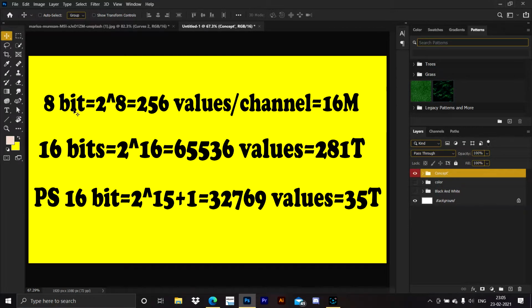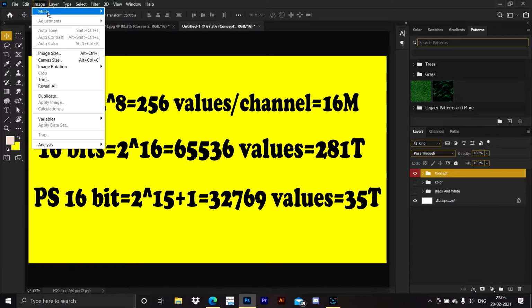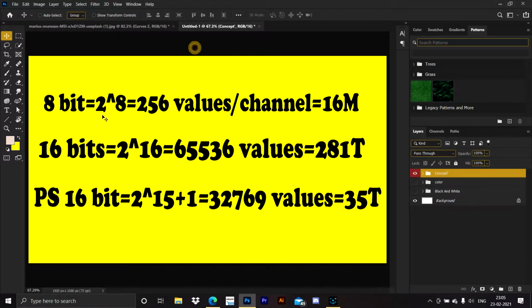It is 8 bits per channel, not per pixel. For confirmation, you can see here Mode, and it is 8 bits per channel, 16 bits per channel. So we have 256 values per channel, and in total we have 256 times 256 times 256 colors. That is, in 8 bits, Photoshop can display 16 million colors.